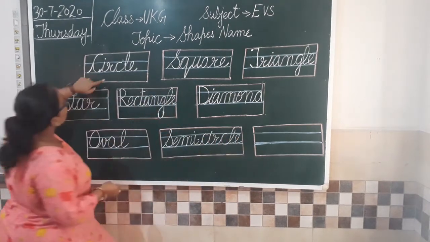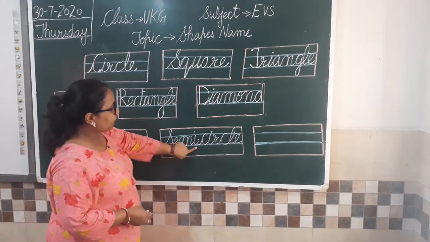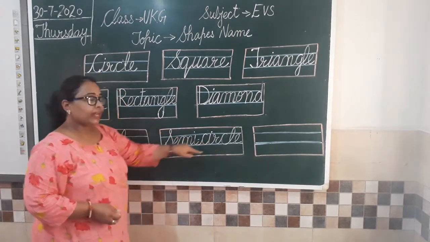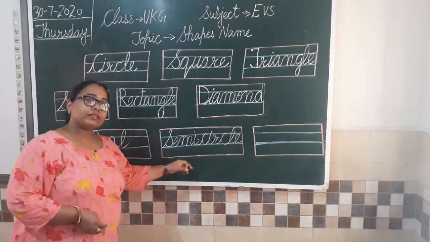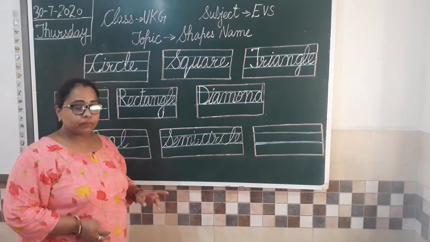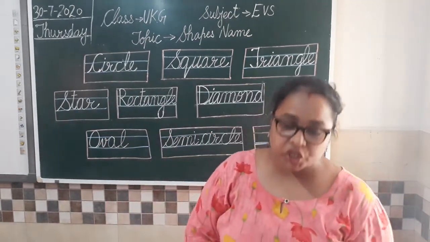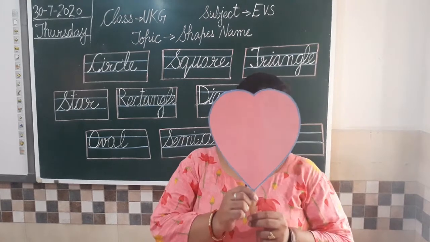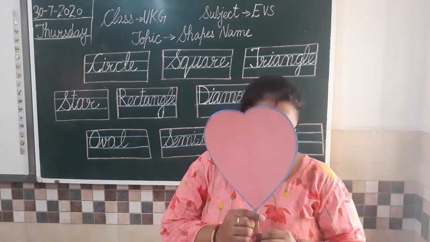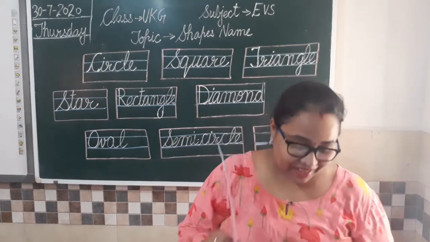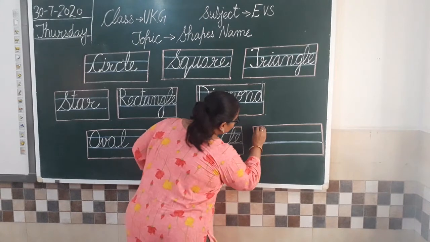So we all know how to write circle, as I told you. Uske pehle we have to write semi and then we will write circle, that is semicircle. So we have written semicircle shape also. Done. Now moving to the last shape. Can you tell me which shape is this? It's a heart shape. Yes. So which shape is this? Heart shape. So we are going to write heart now.